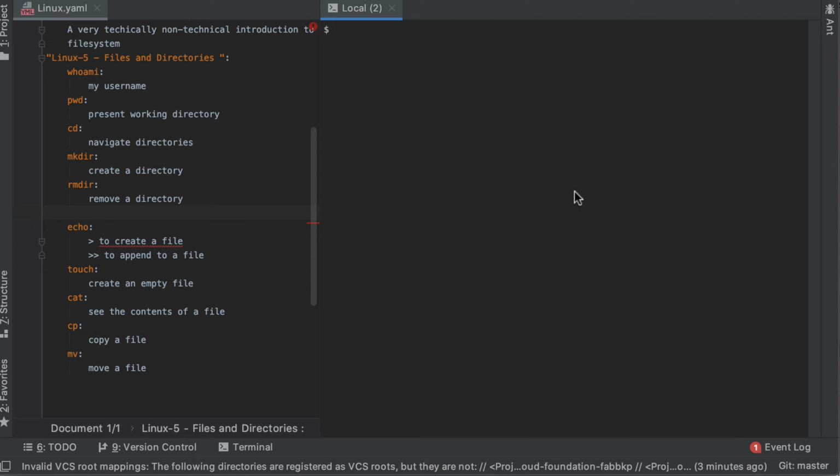Hey guys, so in the last lecture we talked about the root file system and the home folder. Whenever you log into a machine, the first folder that you get logged into is your home directory. And right now, the current directory that you're working in, you can find that out by a command which is